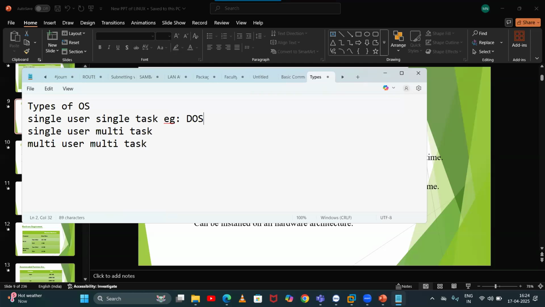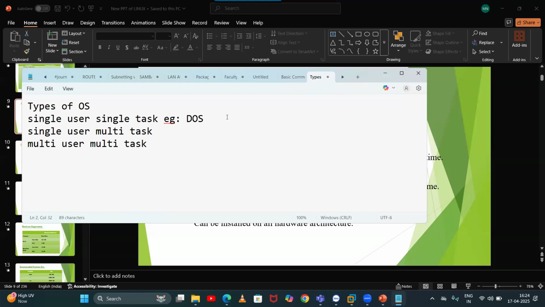It means if they are running one application and want to run another application, they cannot. Only one task they can perform at a time. That is single user, single task.